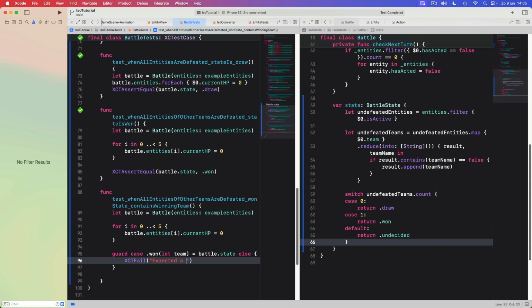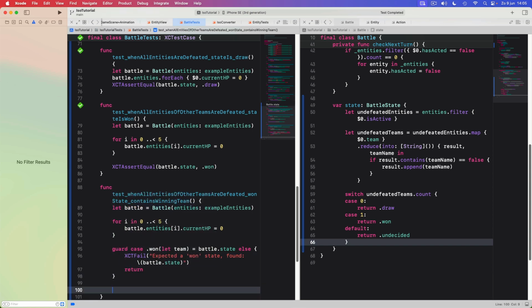Expected one state, found something else, and return. And if we have a one state, then we assert that team now contains AI2, because